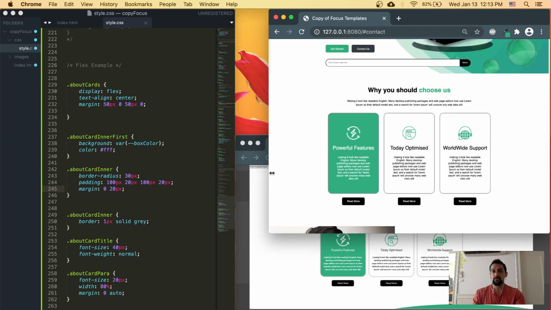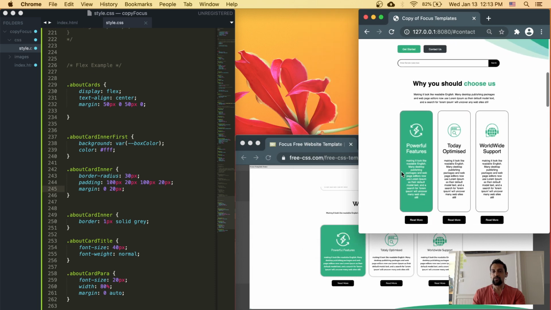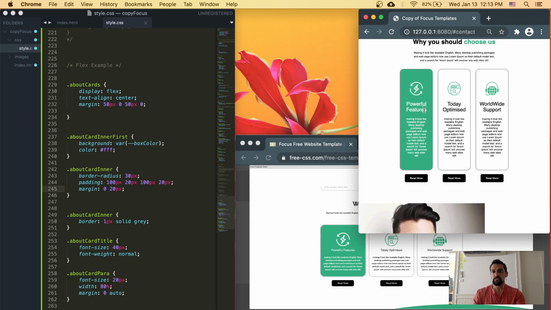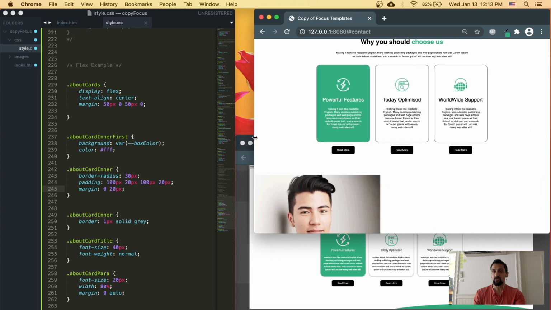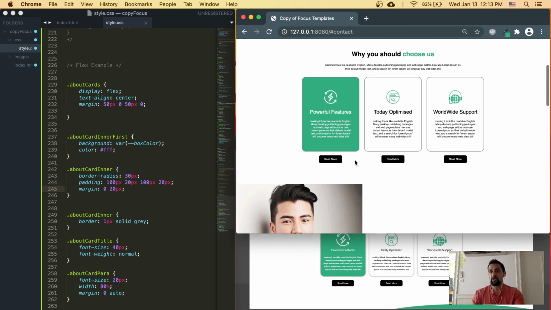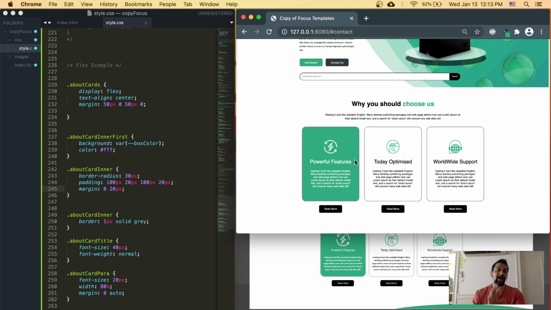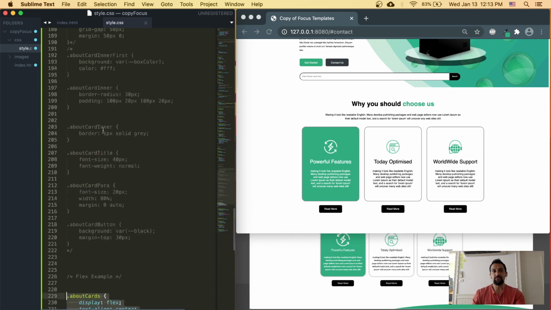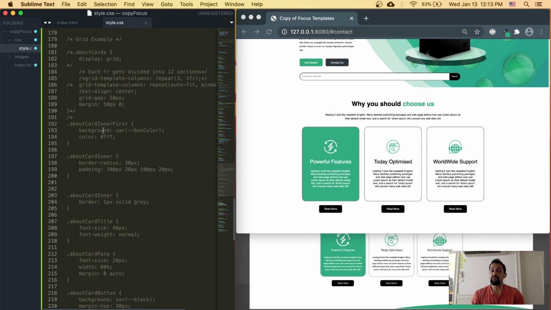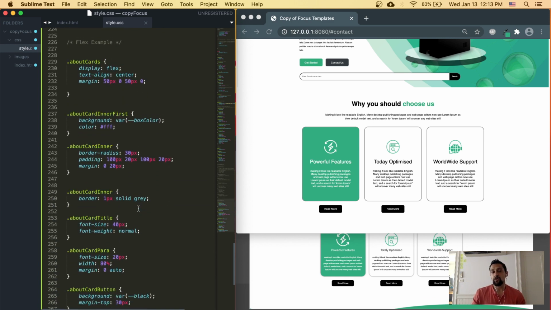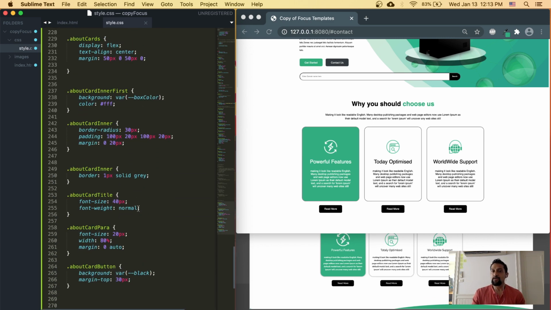Everything looks centered. What I don't get in the flex is a real easy way to be able to adjust for resizing devices. So we're going to talk about how to resize and make it responsive in a future lecture. But today, I really just wanted to introduce you to the ease of FlexBox and the ease of Grid, and now you get to play around with them and figure out which one works for you to get the look and feel that you want. Some are responsive on the fly, others might have to work on being responsive later on. But today, play around with this section, and I hope today was helpful to understand FlexBox versus Grid and item